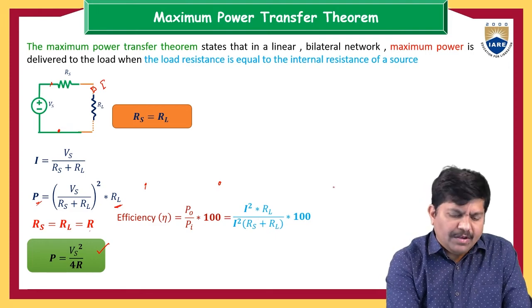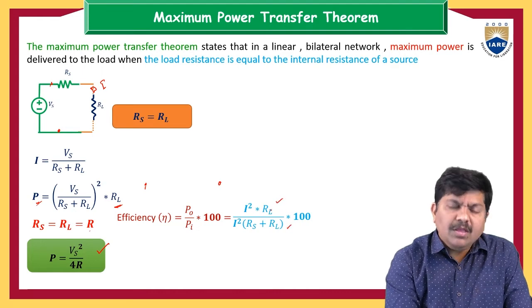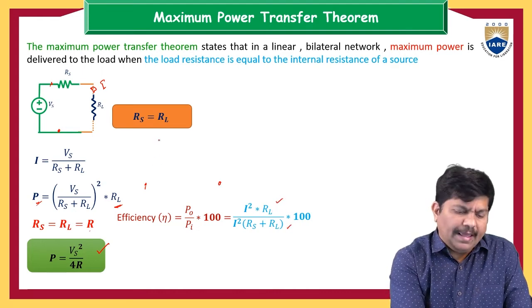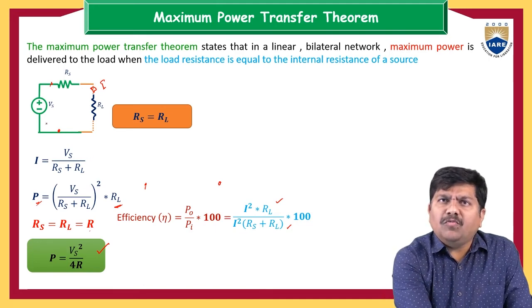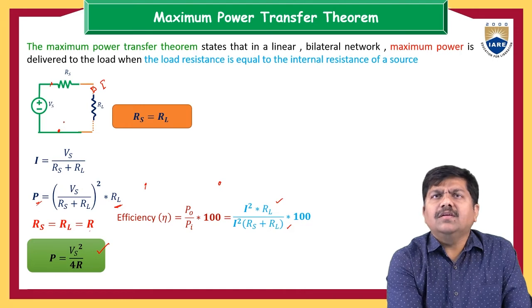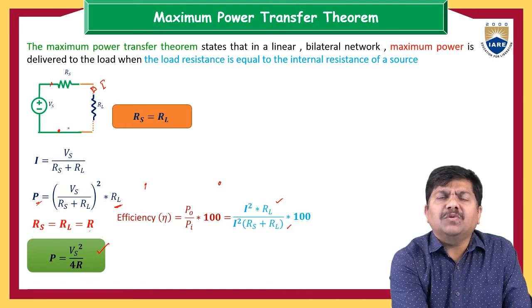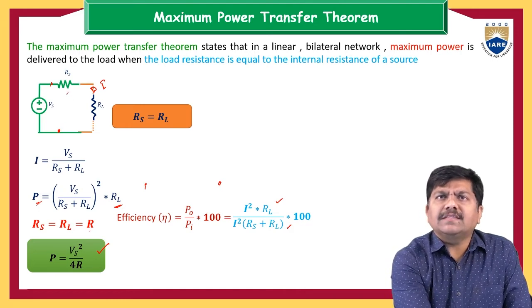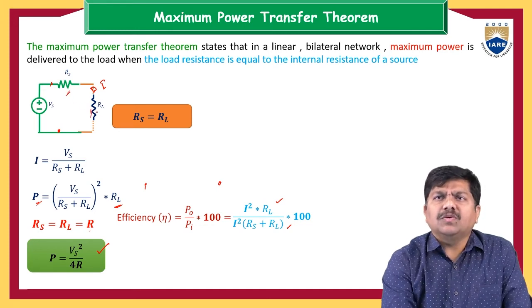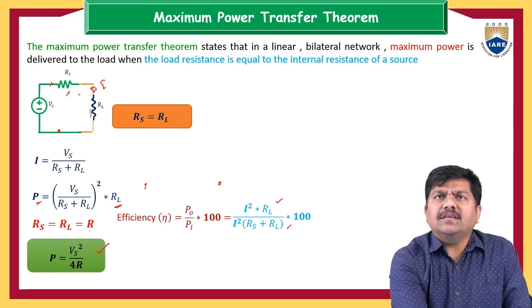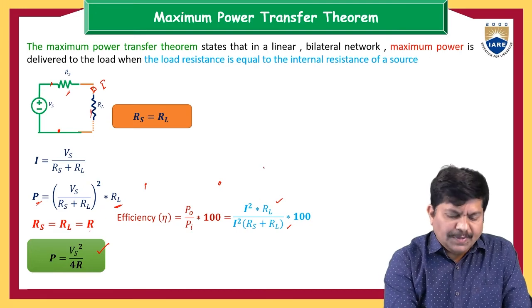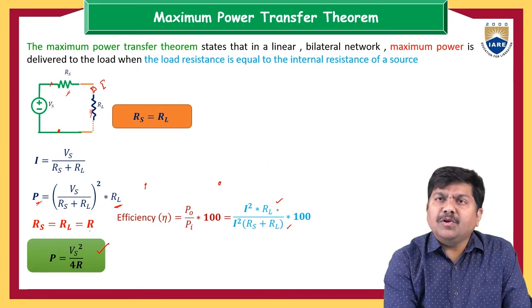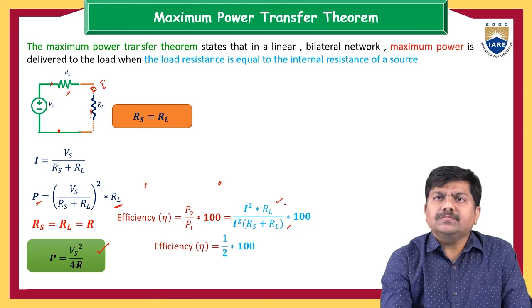So that is the difference between output power and input power. Output power is only the power across the load resistance. Input power is the total power that the voltage source can supply, because this voltage source has to meet the demand of the internal resistance as well as the load. So whatever the total power the source has to supply is current into internal resistance plus load resistance, so Rs plus RL. This is the expression for input power, and the numerator is nothing but the output power.